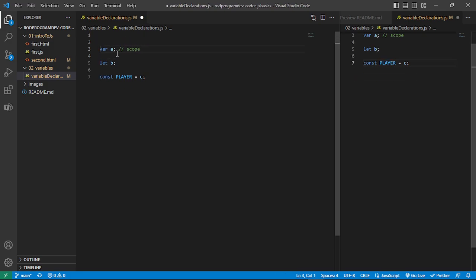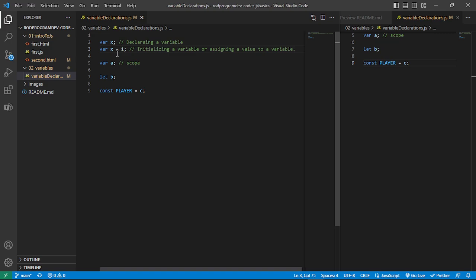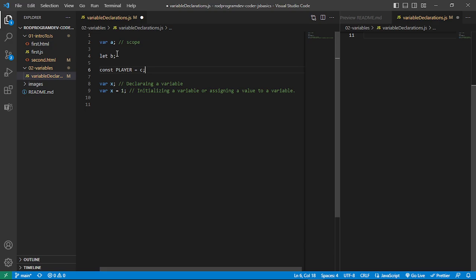So once you hear me say declare a variable, that just means that we, let's say for example, have var x here. This is declaring a variable. And if var x is assigned the value of 1, this is us initializing a variable or assigning a value to a variable. Okay, so that means we're now, if we try to go and let's first put this here,